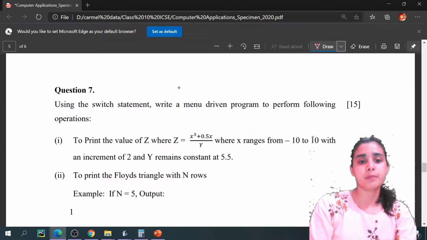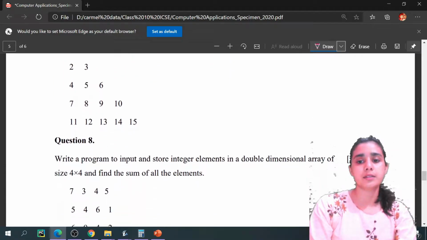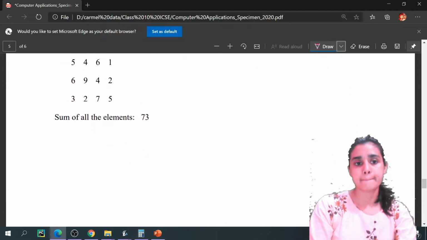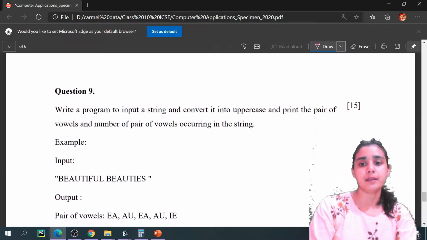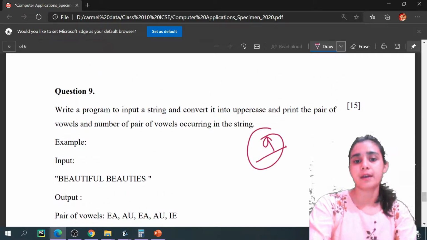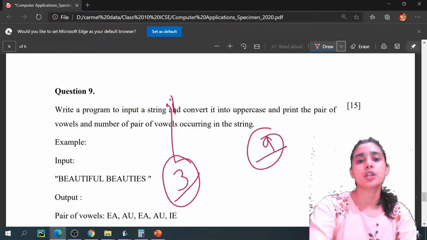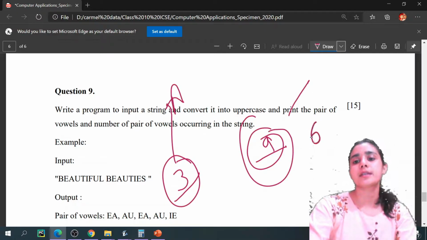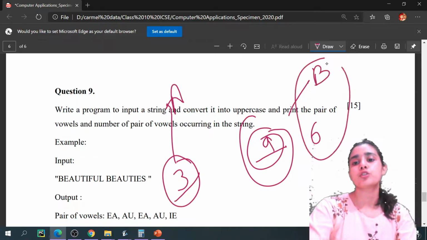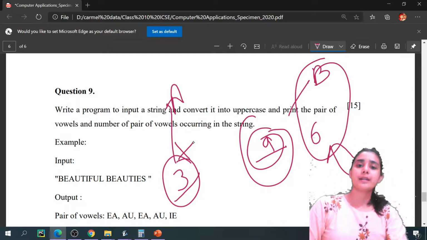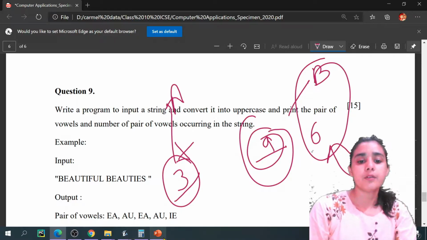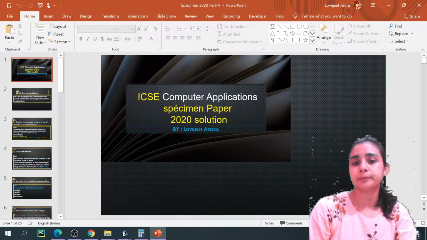As we know, selection sort and bubble sort are very important. This is question number 7. So totally this paper is very easy. This is our last question, that is 9. That means there are 9 questions in total. 3 were in Section A and the rest 6 were in Section B. So here you have a choice, but here there is no choice. So let's start. Our first question is